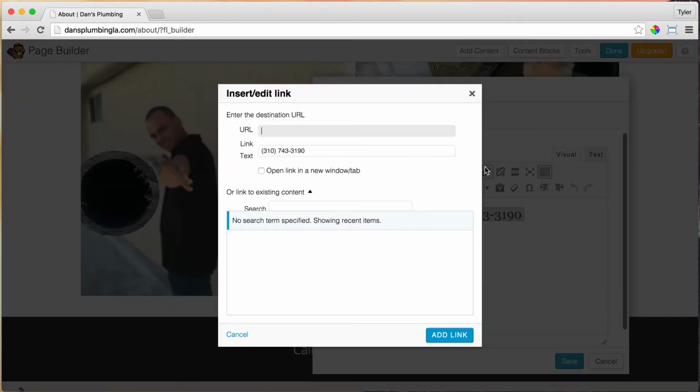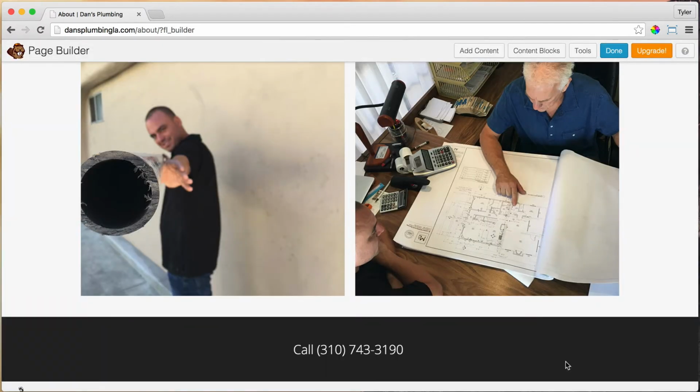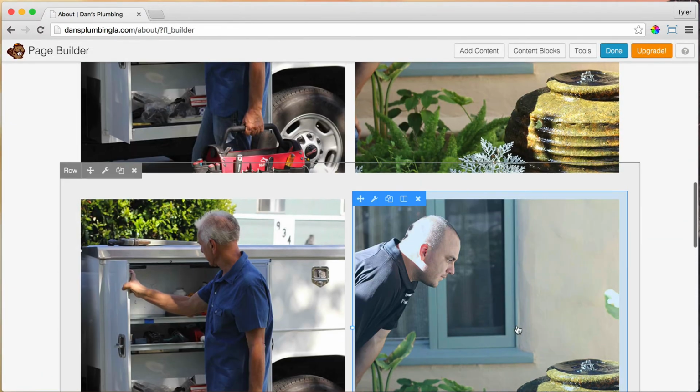We can make it all devices. So just click on this and let's do that: tel, TEL, colon, 310-743-3190. All right, and add link and press save. Okay, and now let's get rid of all of that padding only on the